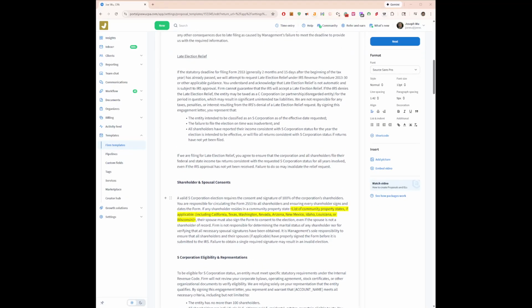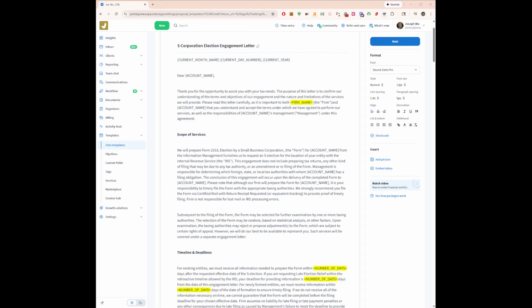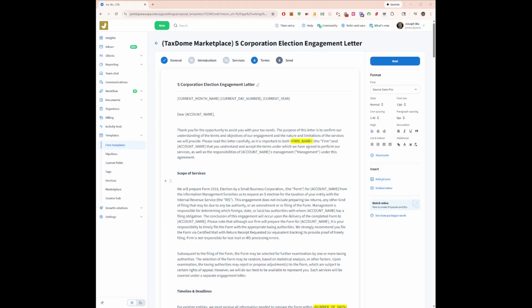For example, we have a shareholder and spousal consent section here for those in community property states where the spouse also has to sign if their name is not on the ownership of the entity. We also include things like the late election relief mentions in case you're doing a Form 2553 with that kind